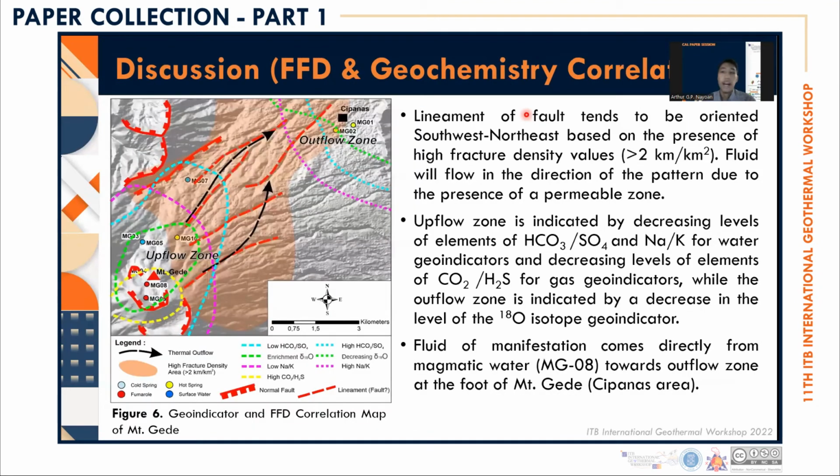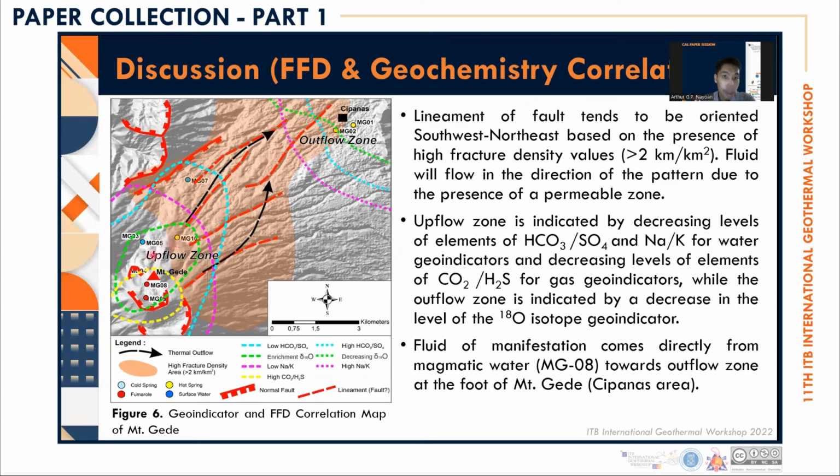Okay, these are our final results. To strengthen our analysis, we overlay the geoindicator and the fault feature density analysis. As you can see, this is the lineament and some faults in our area. In this orange area, this is the high feature density area, which means this area is a high permeable zone, and the high permeable zone can make the geothermal fluid flow easily from